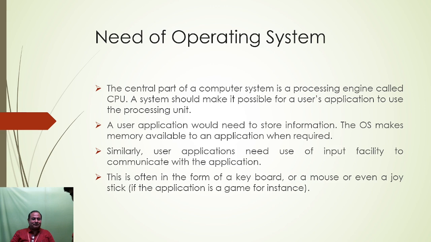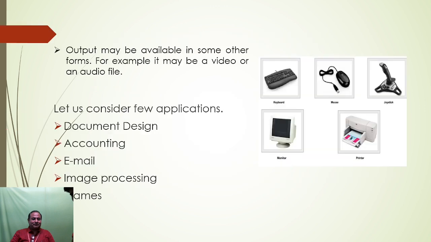For example, if you want to give some kind of input, we need input hardware like a keyboard and mouse. For this we should use the operating system. So here the operating system helps to interact with the hardware. Similarly, it is supposed to print the output to the user. For example, if you are running a program, then that will be displayed on the screen, or it will get printed. All of this can be done by the operating system.